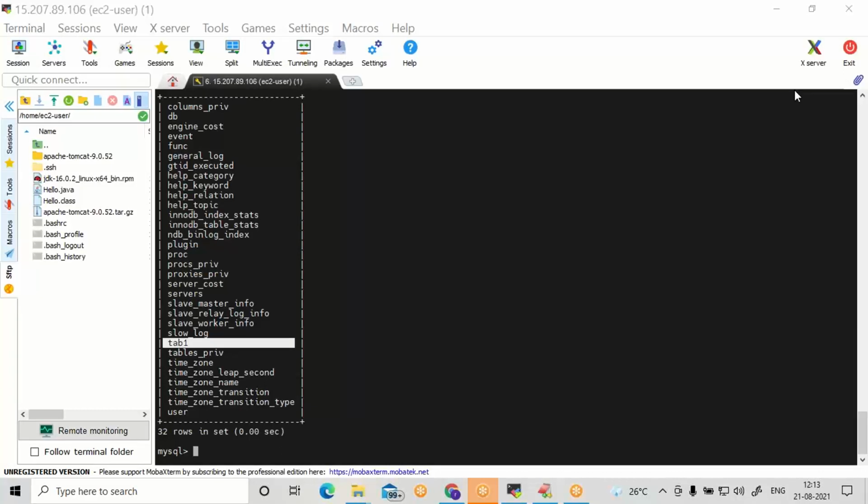Let us develop one simple project in Spring Boot, and finally we will upload it to the EC2 instance and run it there. Let us see this in the next section.